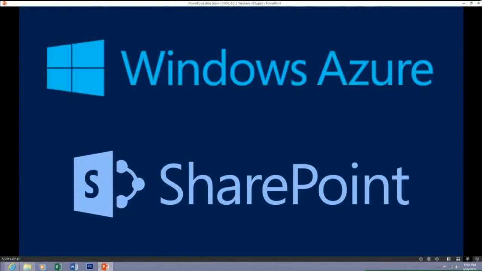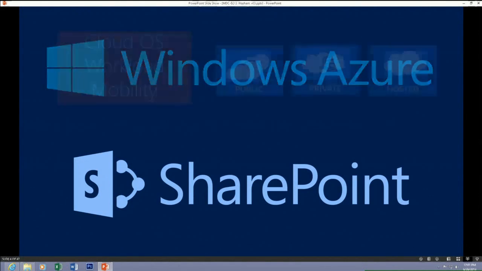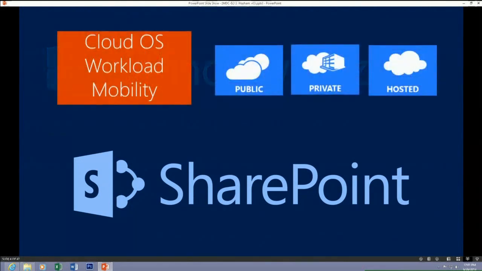So just to get started, the topic is obviously SharePoint on Windows Azure. One of the interesting things about Windows Azure is that infrastructure as a service was literally just released earlier this month into general availability. SharePoint was part of the exit criteria to make the IaaS launch. So the SharePoint team had to sign off that you could deploy SharePoint farms, that you could successfully run a large-scale farm in infrastructure as a service,